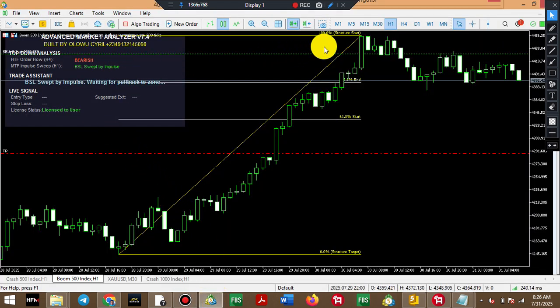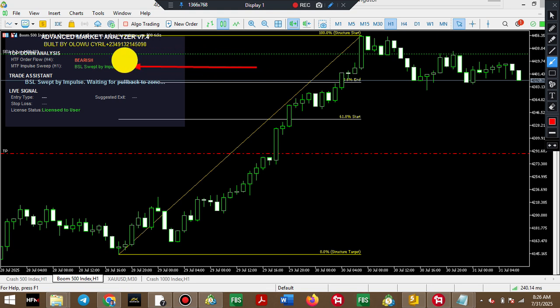So the first message you are going to get is the impulsive move and the liquidity sweep. Because before I proceed here, let me take you back to the chart and show you something. Now, when you look, I don't know if you can see this top right here. It says on the H1, this one usually occurs on the middle time frame. H4, H1, M15: it is going to be on M15. If it is D1, H4, M15: it is going to be on H4. So you are going to see what it said. It said buy side liquidity swept,